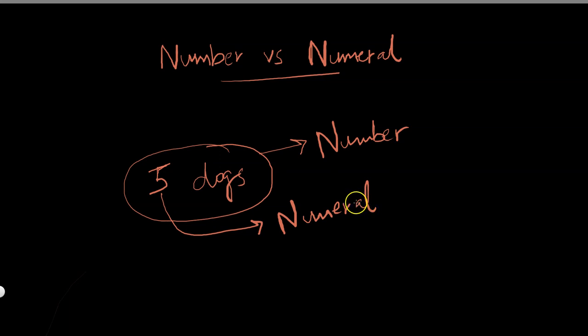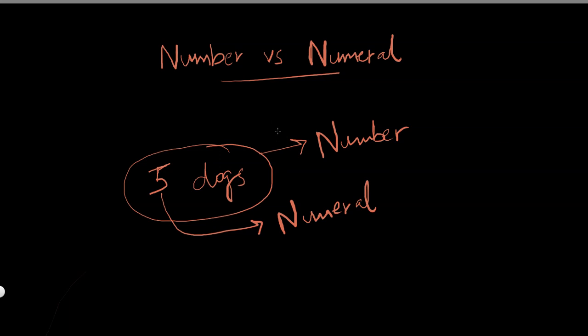So imagine if you have 5 dogs, right? You can play with a dog, you can touch a dog. So that is a numeral. But that whole idea that I have 5 dogs, that's a number. So yeah, just remember, number is an idea, and a symbol that we use to represent that idea is a